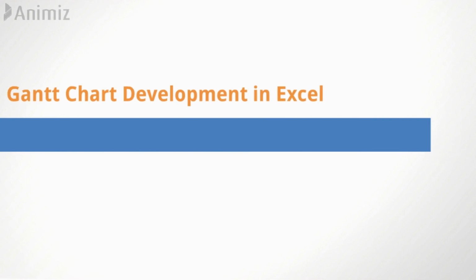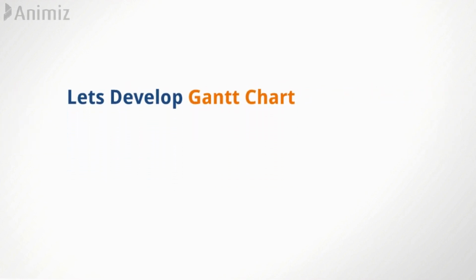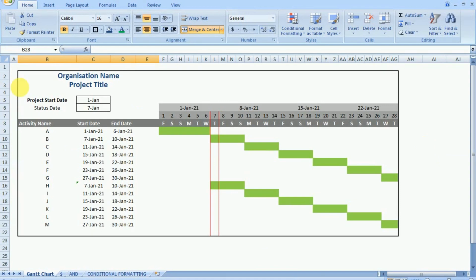Let's develop a Gantt chart in Excel. Now since we are equipped with the basics of the commands used to develop a Gantt chart, let's develop this desired output. In very quick and simple steps, we will develop a Gantt chart or the project schedule sheet in which we will have a start date and end date, and a bar chart will be reflecting the timeline of the activity.